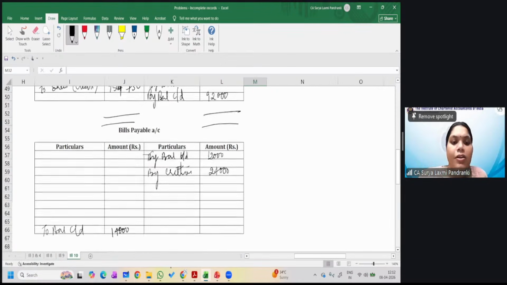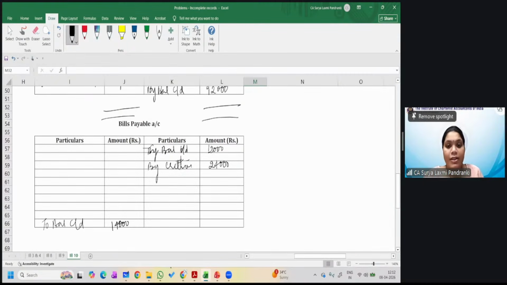Now, balance your bills payable. I think bills payable is the simplest one. We didn't have many transactions. What is the balancing figure? The bills payable 22,000 on the debit side. Yes, ma'am, 22,000. This will go to